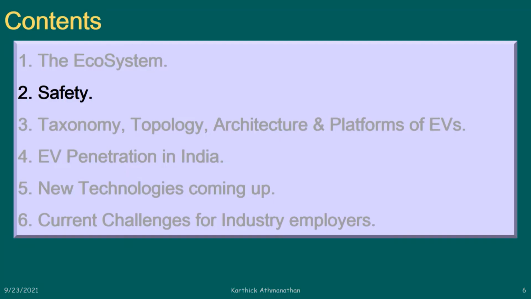Next, we come to safety. There are three types of safety which are relevant to e-mobility, right. The first one is the safety of the product itself. The product that you make has to be a safe product for use. So, you have various things. You have an emergency cutoff switch in vehicles, especially in the high voltage, high energy vehicles like a truck or a bus.